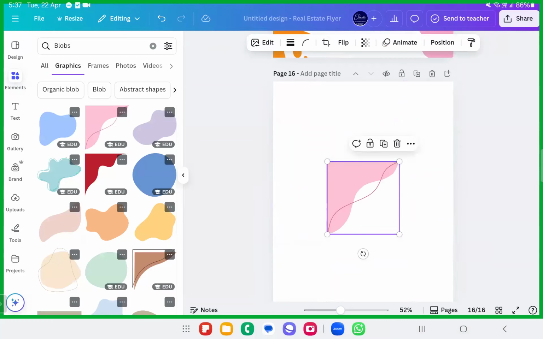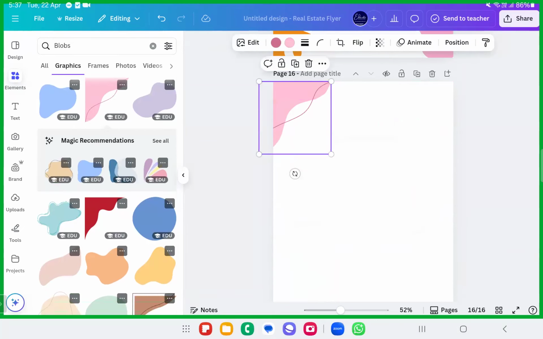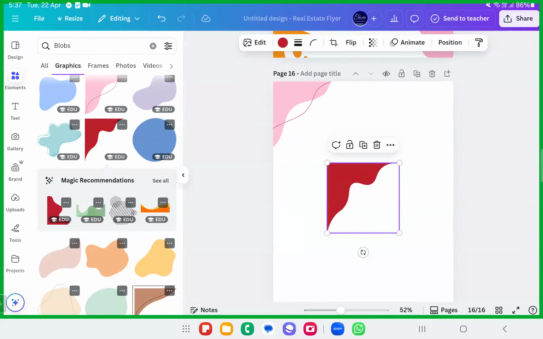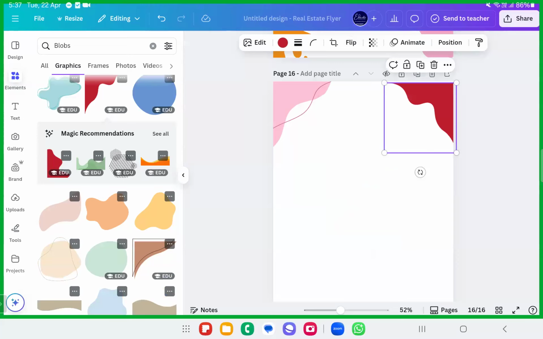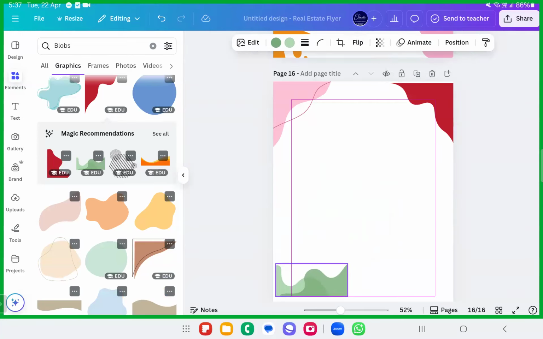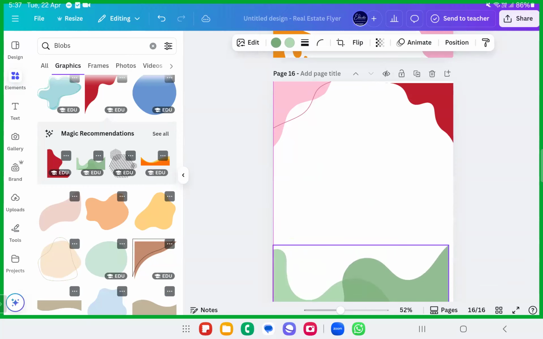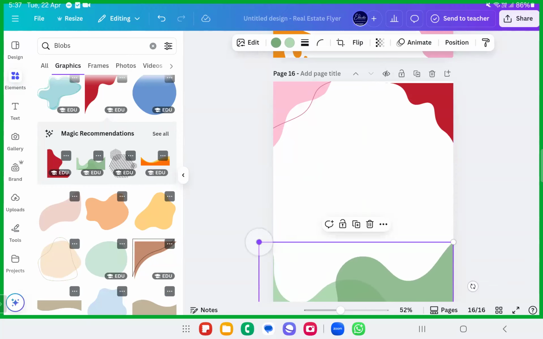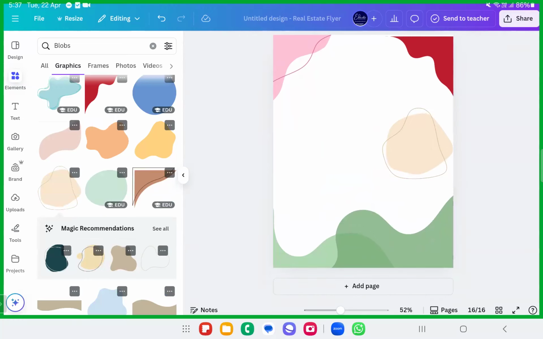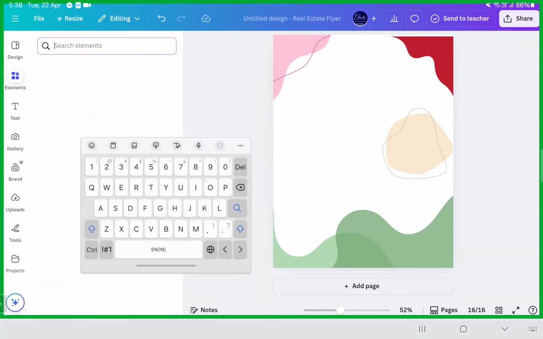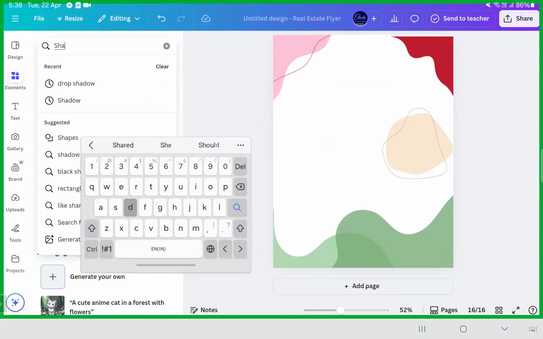For example here, blobs. We usually create stuff excellently with this. Flip horizontal. You can just place it over here, this one with this. Colors we can change later. Color changing is also there for this. You can write your textual content inside this as well. The blobs. The next thing is arrows. You can use arrows. The next thing is shadows. If you want to give shadows to the designs, you can go ahead with the shadow.